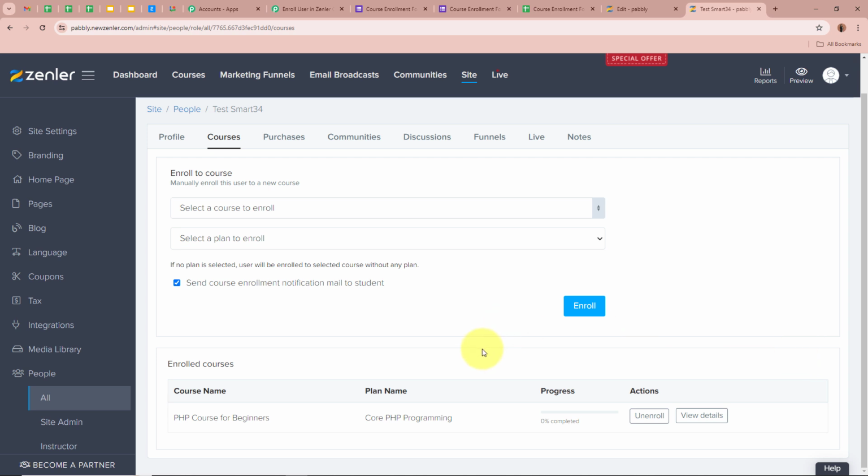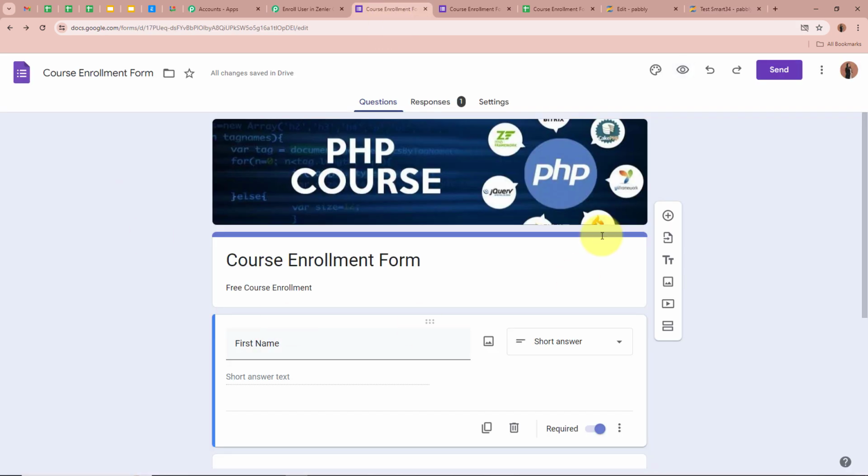Okay, so this means that we successfully created an automation between Google Forms and Zenler with the help of Pabbly Connect. But now, for all of you, I'm going to do another form submission with the help of Google Forms, and check whether a new user is enrolled in the course that I'm selling for my business with the help of Zenler or not. For that I'm going to open the form that I've created. As you can see, that is the form that I've